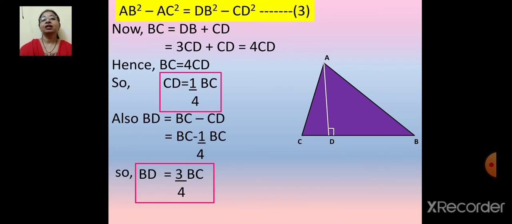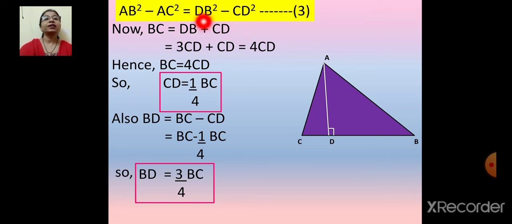So here is that expression. We have subtracted equation 2 from 1 and the remainder is this. After subtraction, we will get this expression. Now if you remember, in the required expression, we have AB square, we have AC square, and the third term is BC square. That means we need to remove this BD square and CD square from the expression.